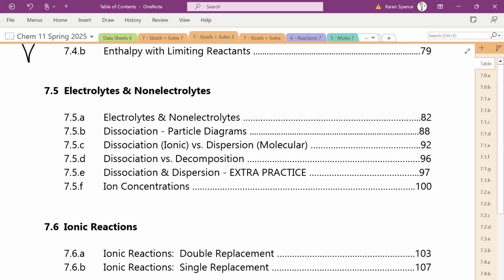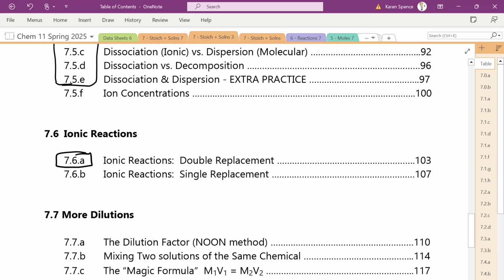Electrolytes and non-electrolytes. So we are doing that today. We're not going to do ion concentration. We have done ionic reactions double replacement. We will not be doing single replacement. I would say with these dilutions, we're not going to do them before your test. However, diluting is a skill that most people are kind of like, the first time, right? It's never something people are the most happy with. And this actually gives a couple different techniques. So I might hit on that again next week if we have some time. I would like to hit on those.